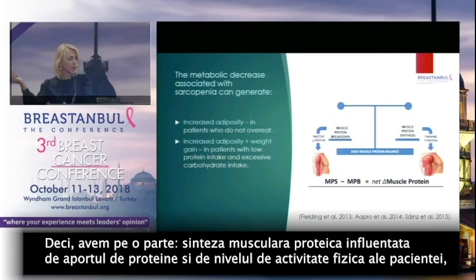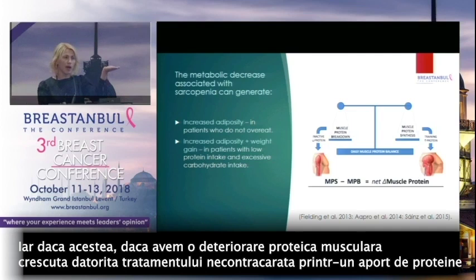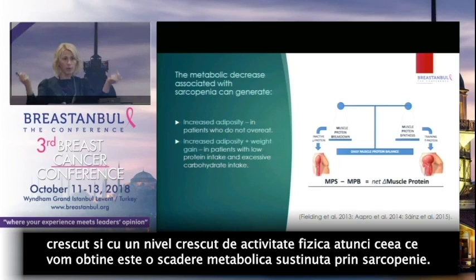So we have on one side the muscle protein synthesis that is influenced by the protein intake of the patient and by the patient's physical activity level. And on the other side, we have the muscle protein breakdown that is increased during breast cancer treatment. And if we have a higher protein breakdown because of the treatment, and if we don't counteract this with a higher protein intake and with a higher activity level, then what we will have will be a metabolic decrease that